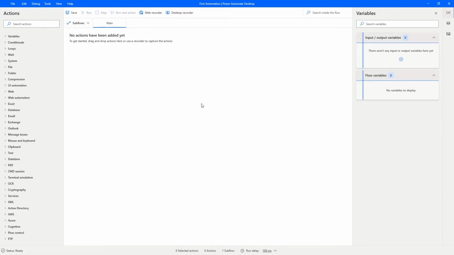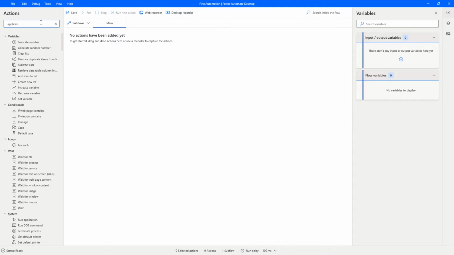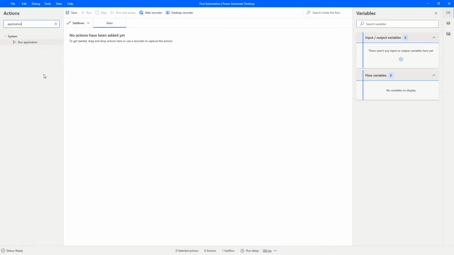Our automation will open the notepad and type some text. First we need to develop the automation to open the notepad. For that, let's go to actions. An action can be extract text, open browser, open applications, open Excel file. It's basically this. Now let's search here for application. You will see the action run application. This action opens, executes an application. Let's drag it to where we can develop our bot.